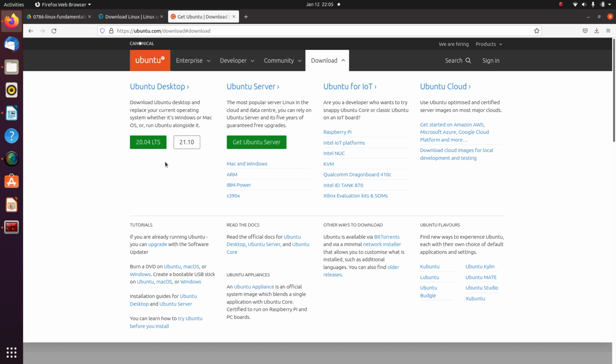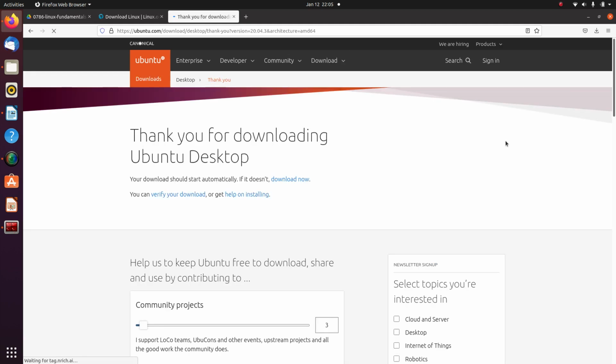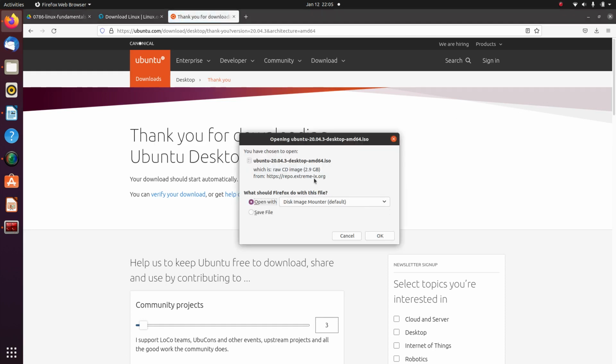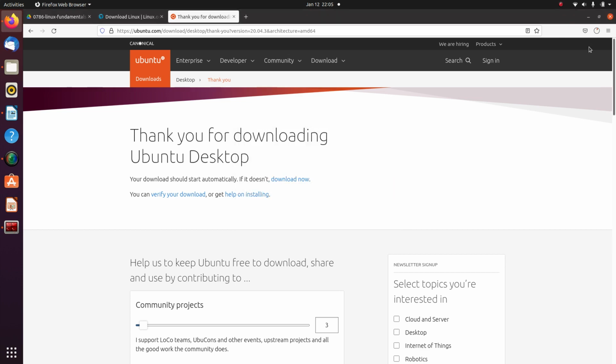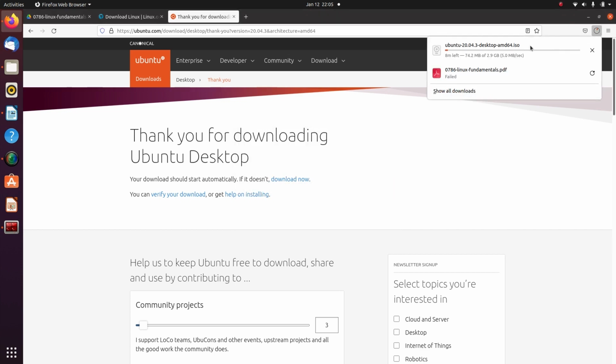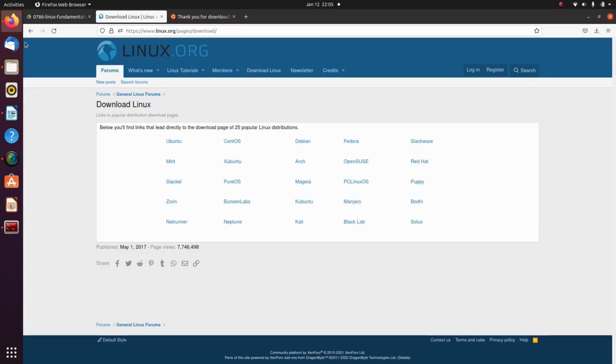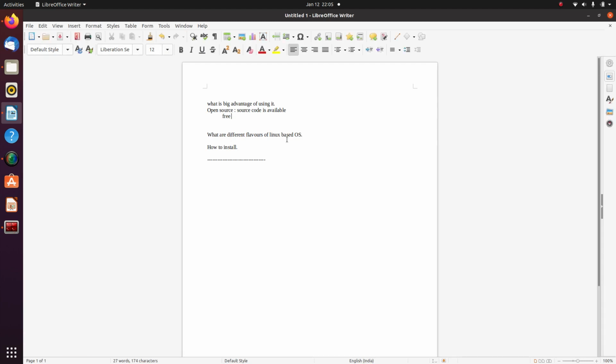Now as you click on this button, ISO will be downloaded. Okay, it will take time to start. You can see that right now it is giving me a mounter. Okay, so let me save it, and you can see now that an ISO is getting downloaded. So I will cancel it because that will take time. So moving on further, once you have downloaded this ISO, what you need to do is,